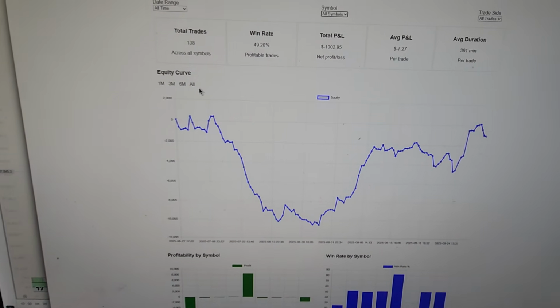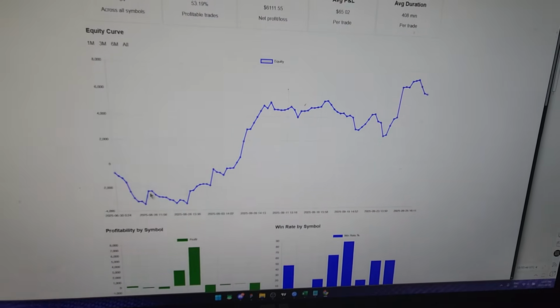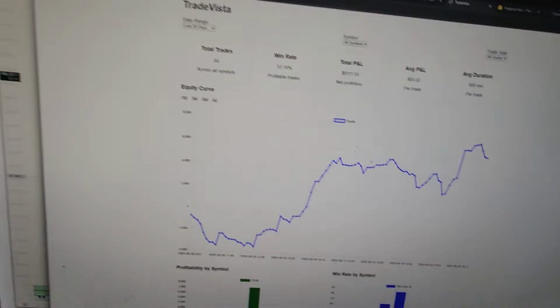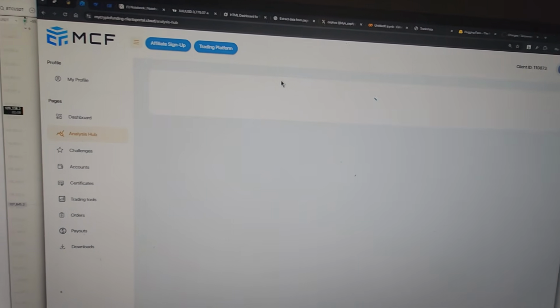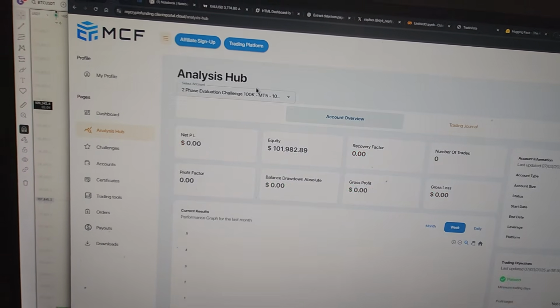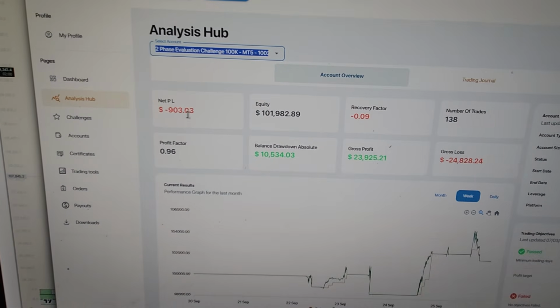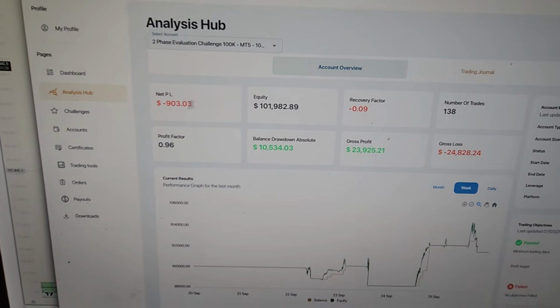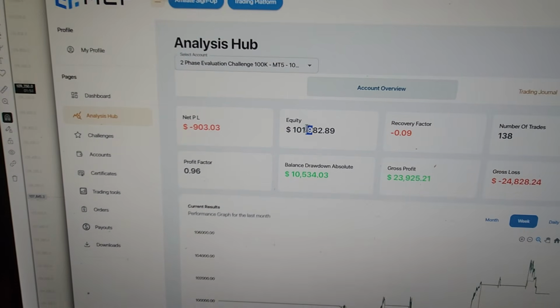And that's pretty much it. If I go to the equity curve of just the past month, look at this, right? Like I said, this same account, this is the prop firm dashboard. I'm going to refresh the page. Let me go to the one that's in progress, and let it load up. You can see that it's still in the negative. That's kind of weird because the equity, where's the equity? The equity is above 100,000, right?